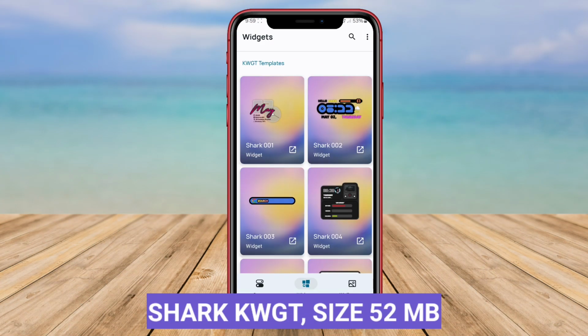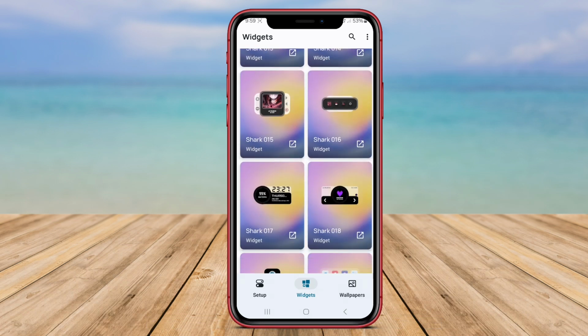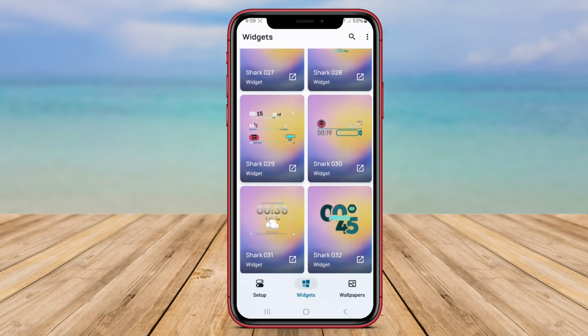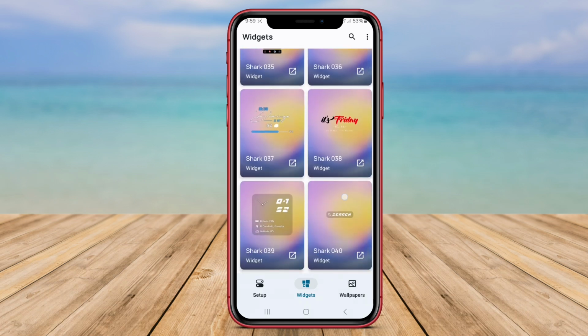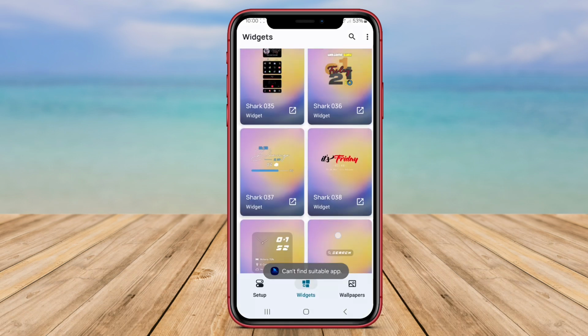KWGT. KWGT is a versatile widget pack for Android that provides users with a collection of beautifully designed widgets to customize their home screens. With KWGT, users can choose from a variety of widget styles, including weather widgets, clock widgets, calendar